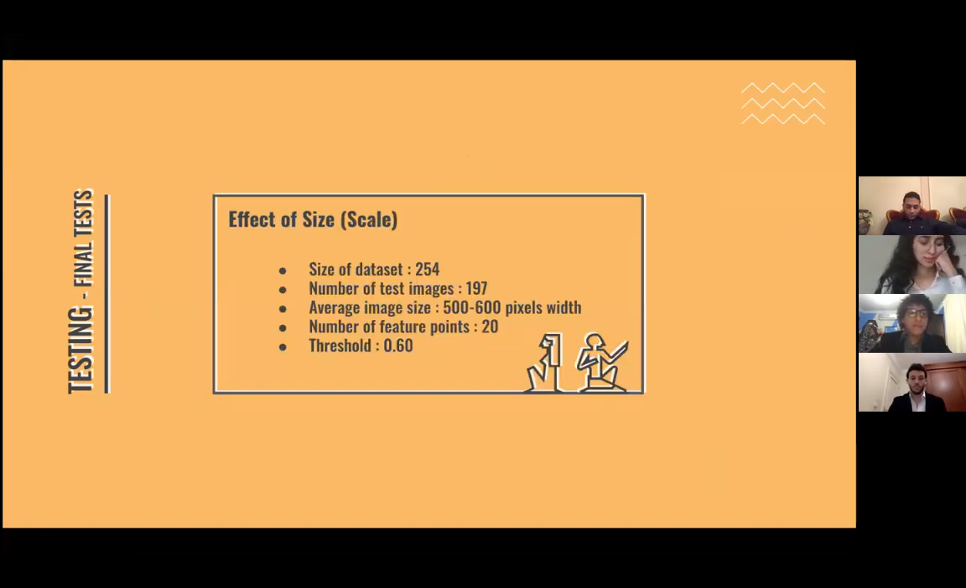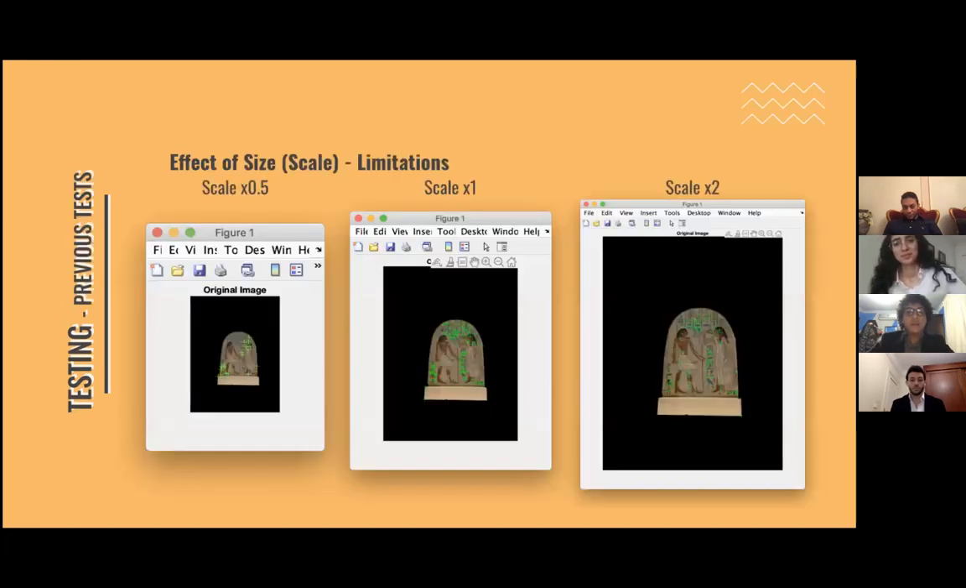So in our final test, we also tested the effect of the size. We used the same data as the previous test. However, we fixed the number of feature points to be 20 and the threshold to be 0.6. Maybe 20 feature points is really low, but this was a limitation in testing the size, because scaling the image to 0.5 could give fewer feature points. So some images could give only 23 feature points, so we had to fix the number to 20 for all